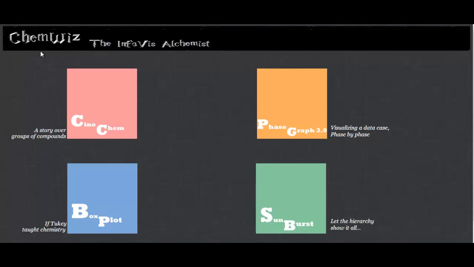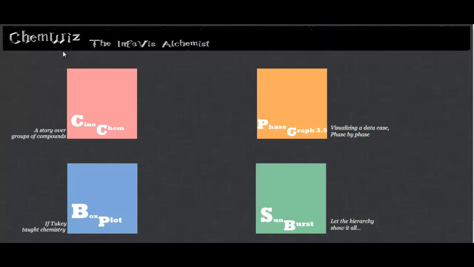ChemWiz is an interactive information visualization system that enables users to gather insights on chemical compounds and their chemical properties, and helps in understanding the evolving nature of these chemical compounds. Like an alchemist turns base metals into gold, our visualization system turns raw data into useful information, which is like